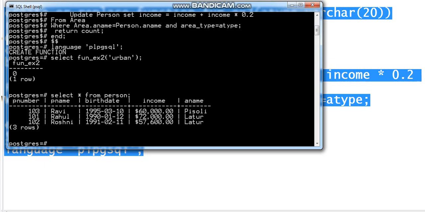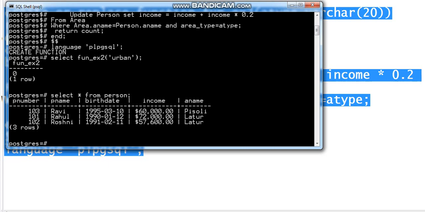I hope you all have understood how to update certain value of the attribute using function. So basically we have to remember here, create command is important for creating a function. Since it is a function, it is going to return something, because we are asking a function to perform certain task and to give the output.